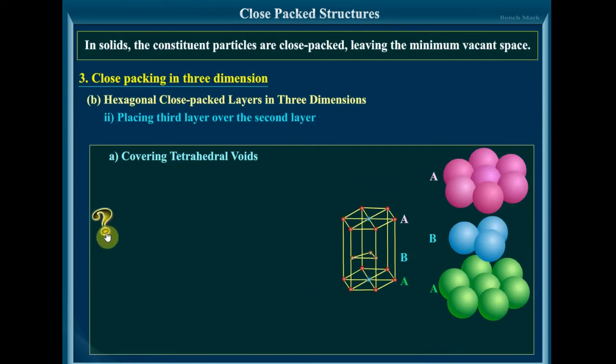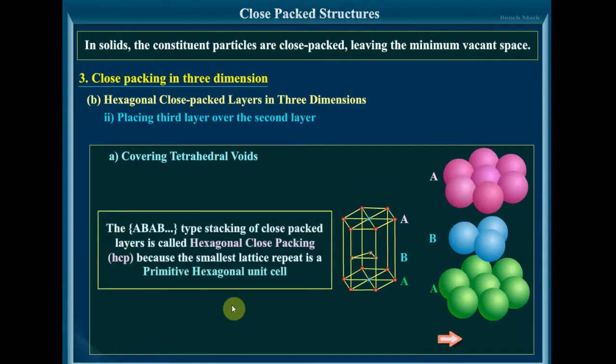The AB type stacking of close packed layers is called hexagonal close packing, or in short HCP, because the smallest lattice repeat is a primitive hexagonal unit cell